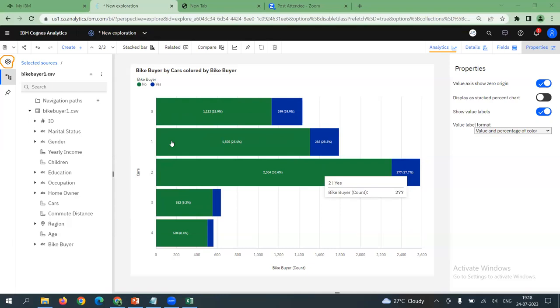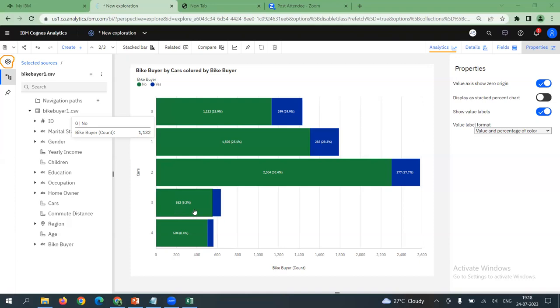All participants, try to give a try on this question. If I have 7,000 customers respond in market, should I target everybody? Of course, the product is for everybody, but the buyers are somebody only. Out of the everybody, true buyers are somebody. Who are that somebody seriously here? Riyaji, who are that somebody? Ranuji, everybody. Please check that. Probably those somebodies are those who have either 0 cars or 1 car or 2 cars. Those who have either 3 or 4 cars, the probability of those buying bike is very low.